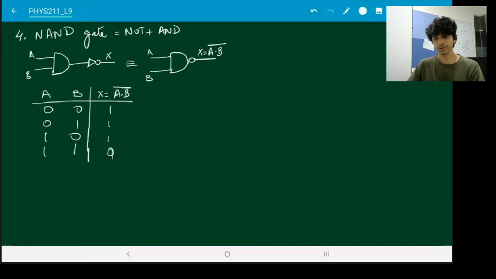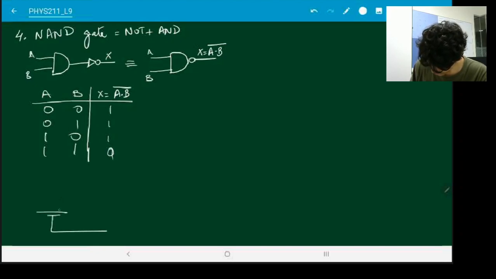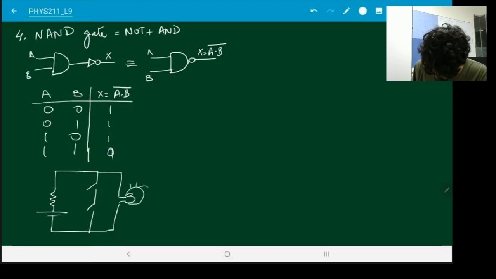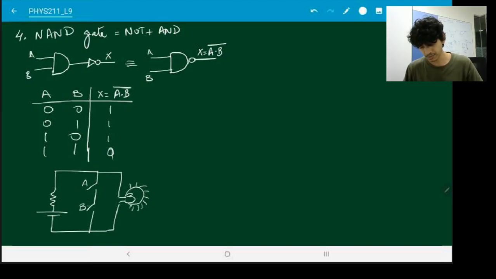And if you're looking for a circuit which satisfies this kind of truth table, here's one for you. Of course, there's nothing unique about these circuits. You can think of any number of circuits which have a similar truth table. These are just what I thought were simple and intuitive. In fact, later we will see how you can actually construct these kind of circuits. You can construct real circuits to represent these gates, and that's how gates are actually made in the real world.